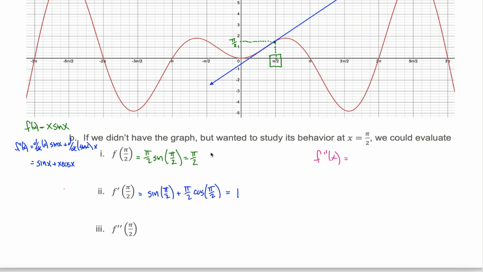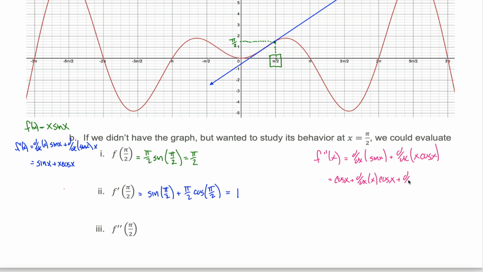And anytime we're taking the derivative of a sum, we can just take the derivative of each of the terms individually. So the second derivative would be equal to the derivative of sine of x plus the derivative of x times the cosine of x. Fortunately, these are both things that we can figure out. The derivative of sine of x is just equal to cosine of x, and to figure out the derivative of x times cosine of x, we use the product rule, which tells us that we have to take the derivative of the first thing, x in this case, and multiply that by the second thing, the cosine of x,